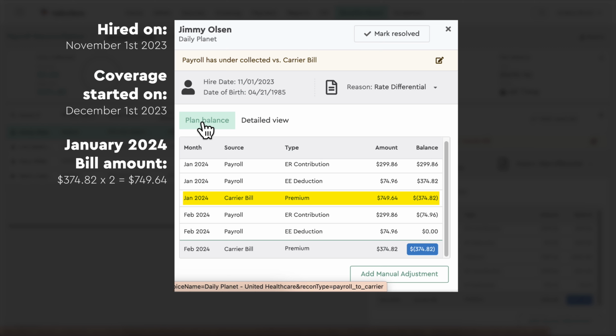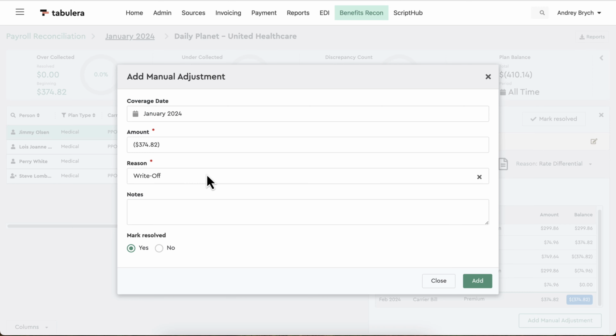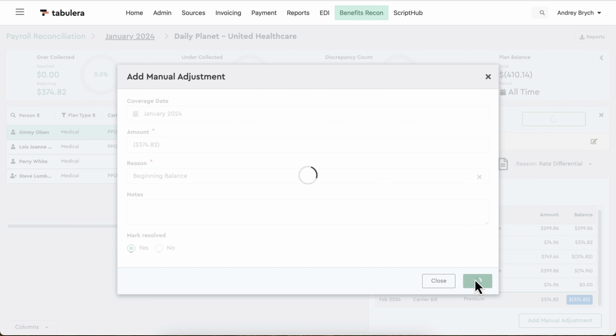in January. Since January 2024 is the first time Daily Planet has been reconciled on the system, we'll click on Add Manual Adjustment and create a beginning balance to Jimmy's plan balance in the amount of $374.82. Since we don't have any payroll deduction transaction history prior to January 2024 for the Daily Planet, this lets